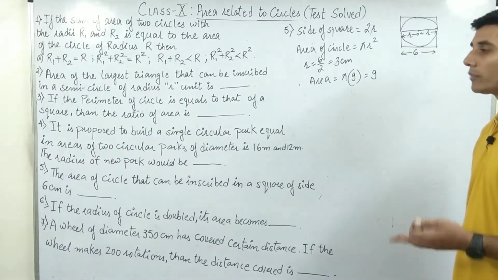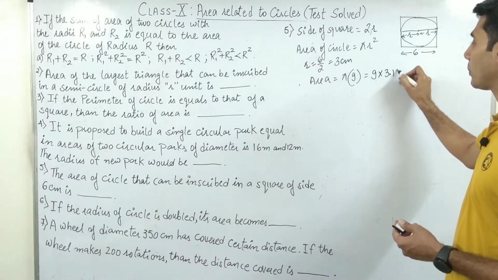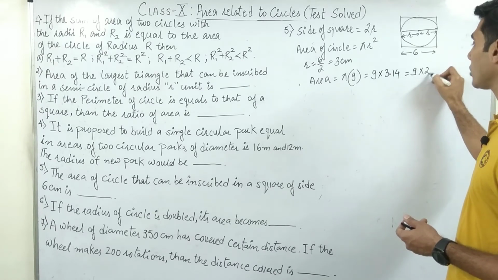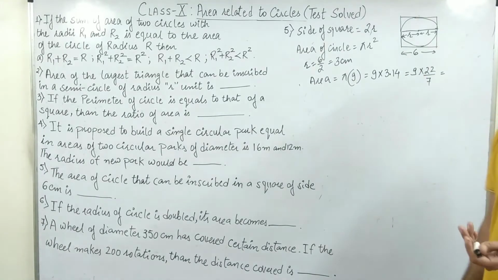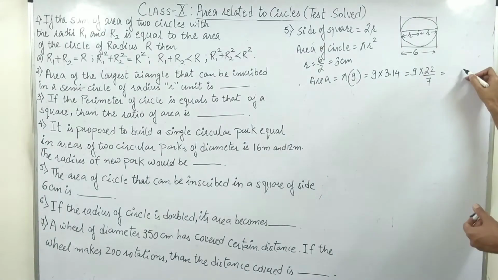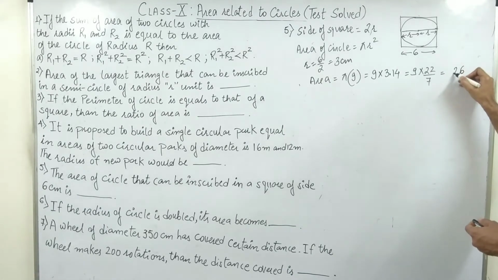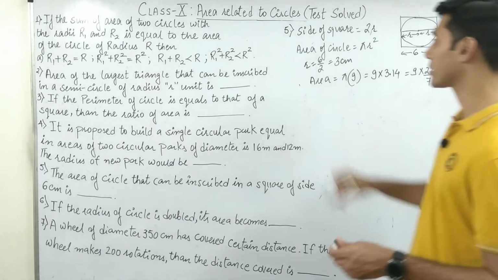If you want to put now value of 3.14 you can, so आप 9 into 3.14 भी put कर सकते हो, or you can do 9 into 22 upon 7, choice is yours. So मैं 9 into 3.14 करके लिख देता हूँ. 9 4s are 36, 36 6 carry 3, 9 1s are 9 into 12, 1, 27 by 28, so it's 28.26 what centimeter square. So that's all is the answer. Let's move now on to question number 6.